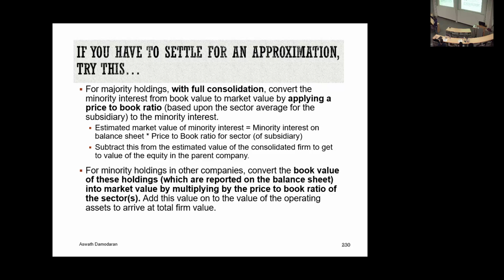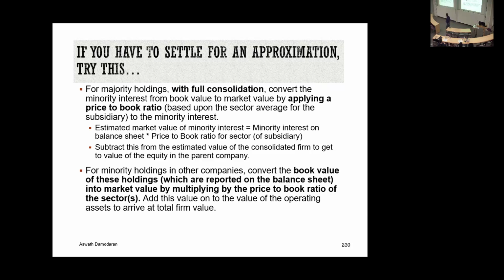Can I look in the bag? No, I'll tell you how much. That's exactly what we're letting these companies do. Tell you what the value of the cross holdings is. Why would they ever let you look in the bag? So when I hear emerging market investors complain about companies not telling them much about cross holdings, I say, there's an easy fix to it. Attach a value of 0 to it. You'll be amazed at how quickly the information starts to come out from the companies that have really valuable cross holdings.